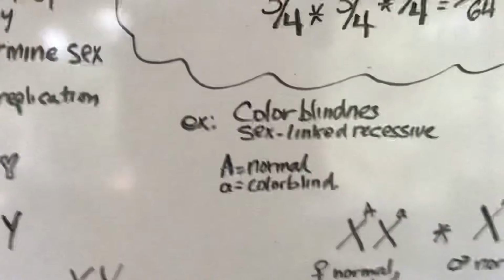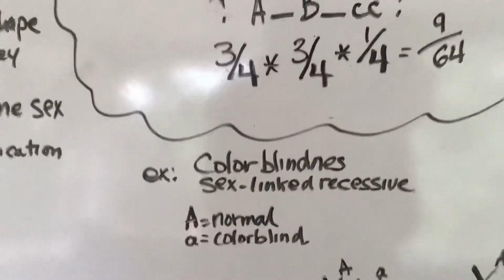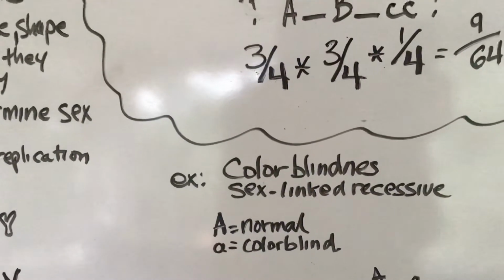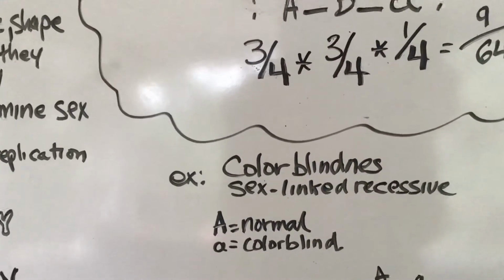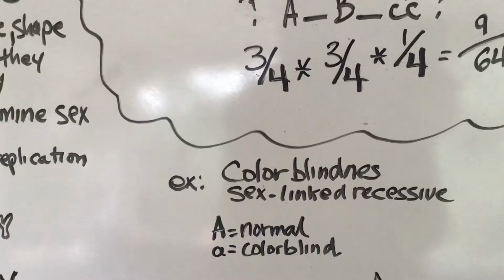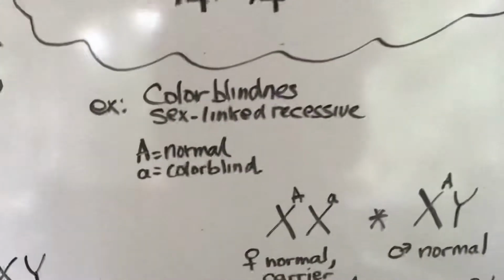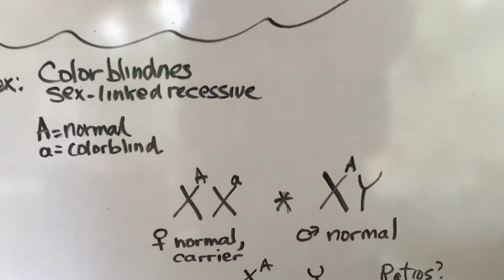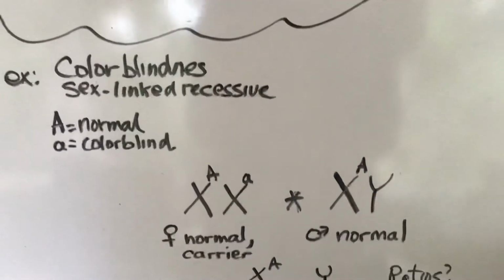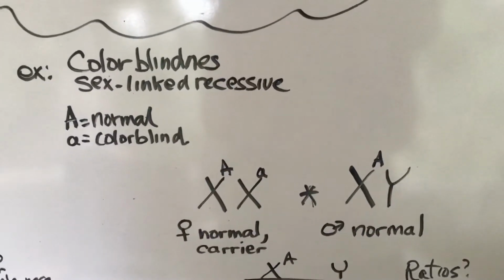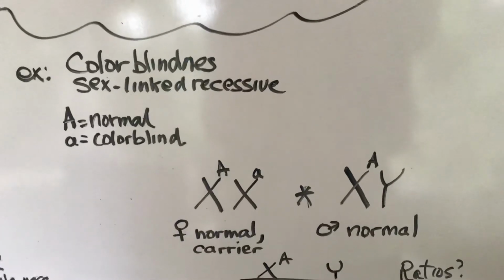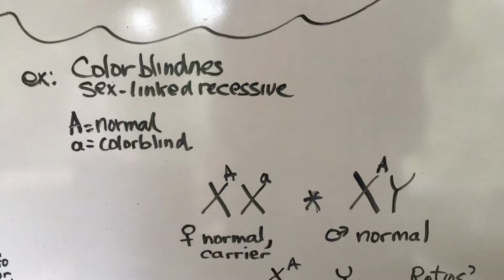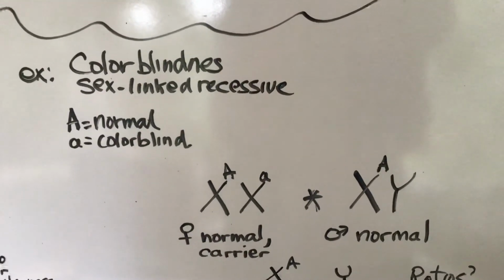problem. Color blindness is a sex-linked recessive trait. So I've written here the genes for that. That is, capital A is going to represent normal vision, and little a is going to represent color blindness. Now, to set up a sex-linked problem, you consider the female on the left, mated with the male on the right. For the female, you have 2 X chromosomes, and in this case, I'm saying this female is a normal female, but is carrying the gene for color blindness. So she is what is known as a carrier,